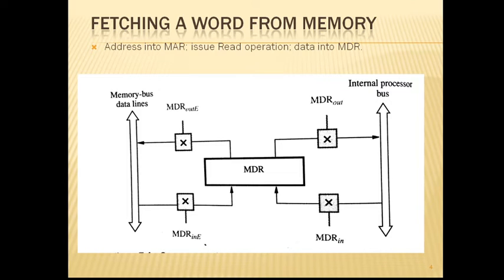During memory read and write operations, the timing of internal processor operations must be coordinated with the response of the addressed device on the memory bus. The processor completes one internal data transfer in one clock cycle, and the speed of the operation of the addressed device, on the other hand, varies with the device. It depends on the device.